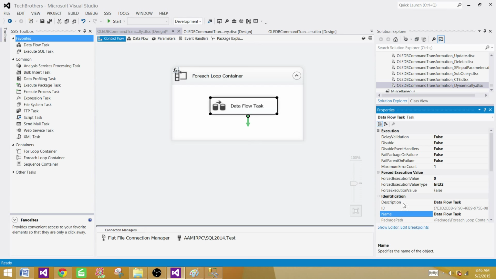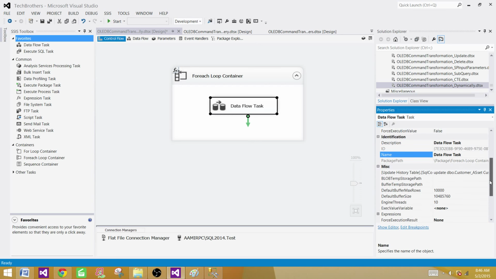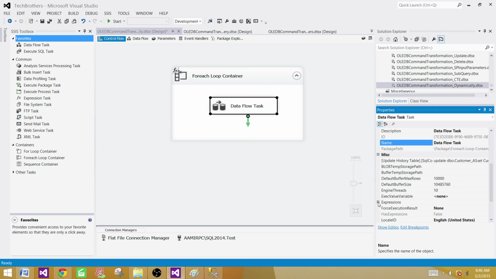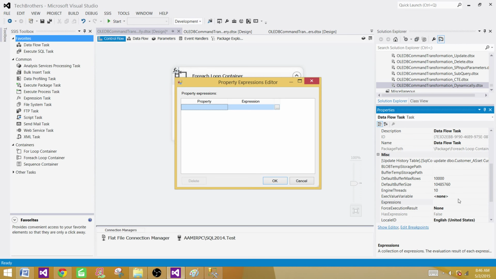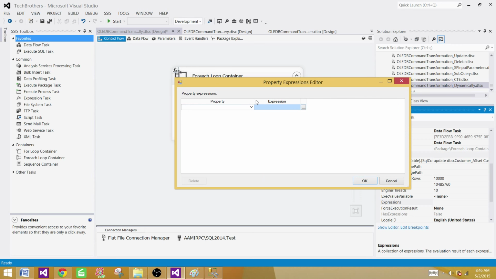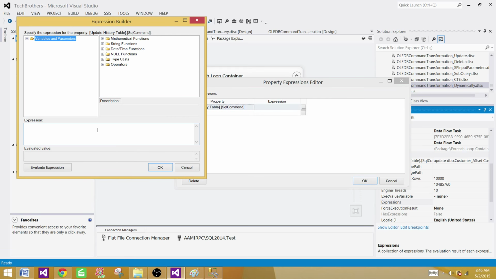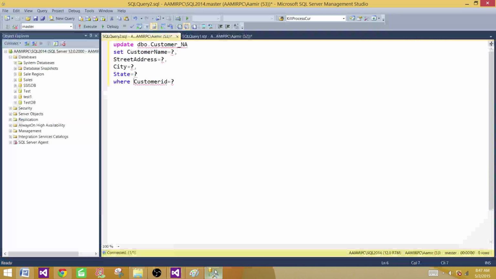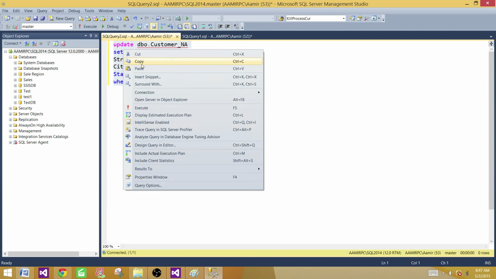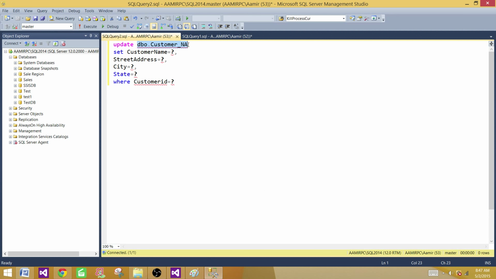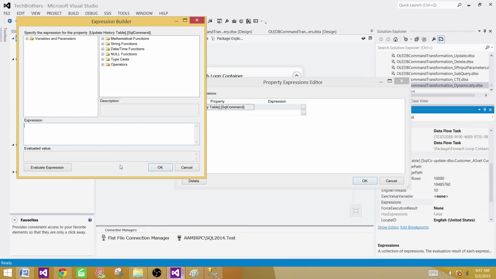I will go here in the expressions, let me see where expressions are, and then hit here on the button, and then I will see the property. Now when I come here and check, the very first one is update history table dot SQL command. So that's what I need to change with the table name, and here I'm gonna hit expressions. Now what we will be doing, we will be copying the same statement, and remember we have to change the table name by using the file name. So that's what we are going to do